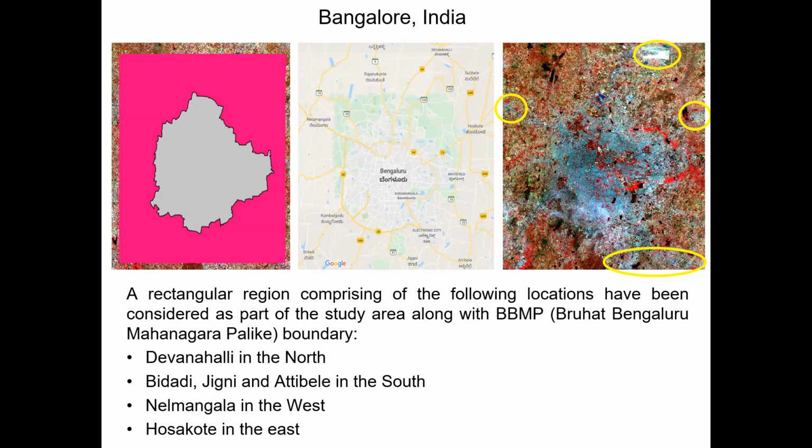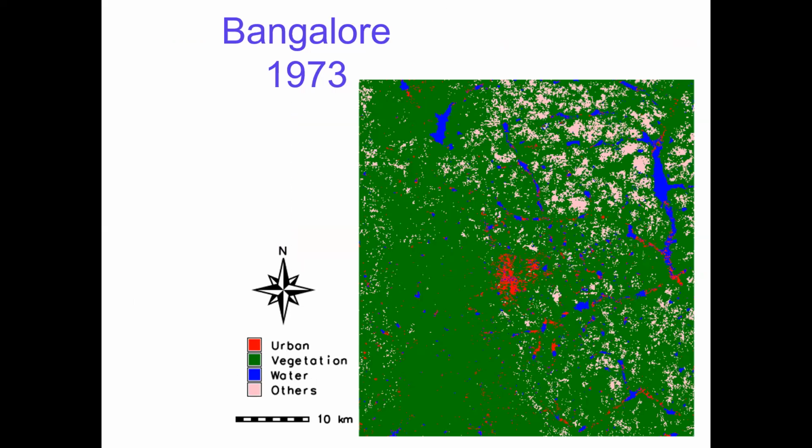In fact, there is a bridge that connects part of the city to this Electronic City area. So the message here is that the earlier political boundary, which was known as BBMP, Bruhat Bengaluru Mahanagara Palike, or Greater Bangalore, is older now because the city has grown in all directions, surpassing the boundary. A bigger area was considered for this experiment.